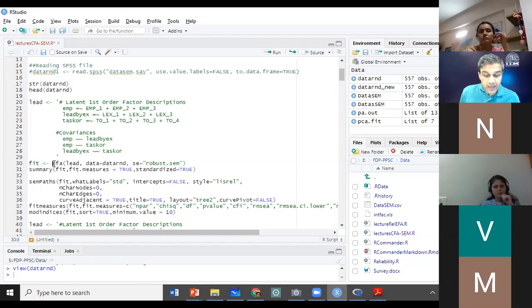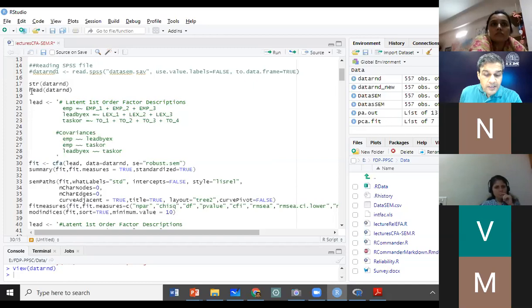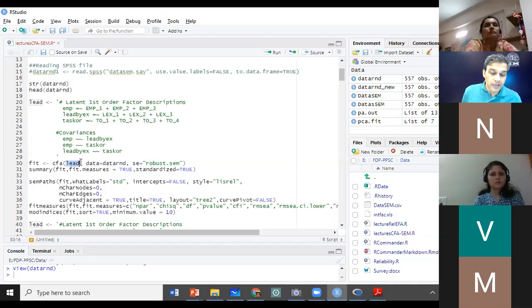Then the command is CFA: do confirmatory factor analysis. What is the model on which you should perform it? Lead. What is the data? The data is data R&D. The standard error is just a default, you can leave it as it is. You just have to declare your data and give the model name.